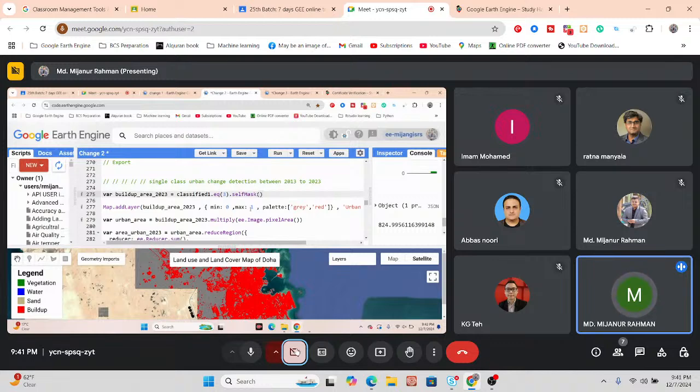So for that, just remove the min and max value. It's not needed, just remove. And I put the 2000, and also remove the color. It's not needed. Okay. So now it only shows the built-up area. It's not showing the non-built-up, just showing only the built-up as a red color. The same thing I can also apply for the year of